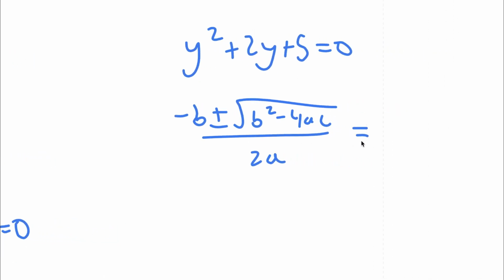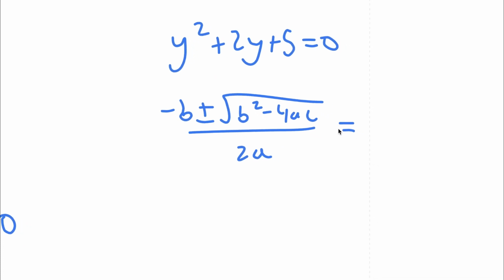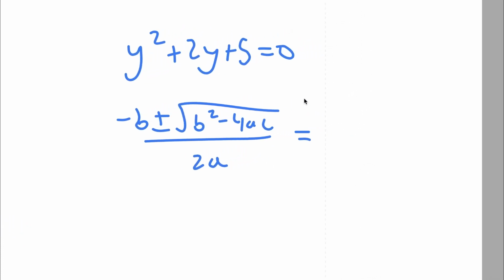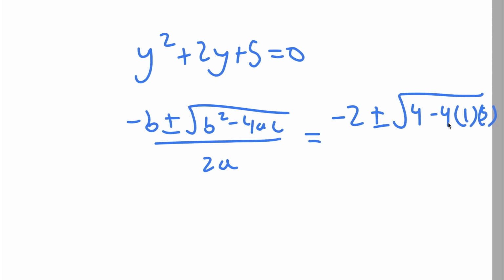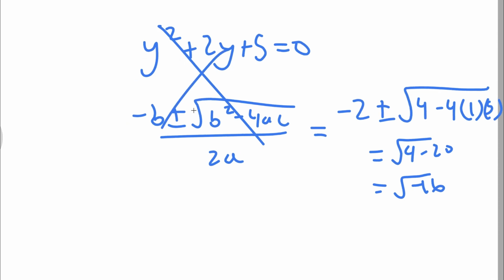So in this case, b is 2, so I have negative 2 plus or minus the square root of b squared, which is 4, minus 4 times a, which is 1, times c, which is 5. And if you notice, 4 minus 4 times 1 times 5 is the same thing as the square root of 4 minus 20, which is equal to the square root of negative 16. And you can't actually take the square root of a negative number, meaning this is wrong, and our only